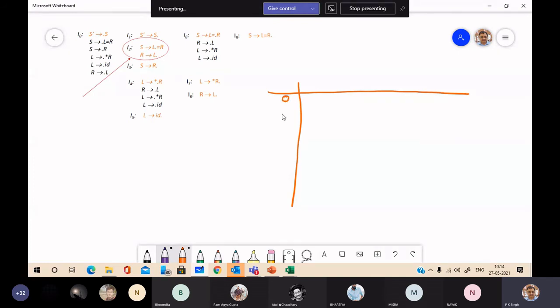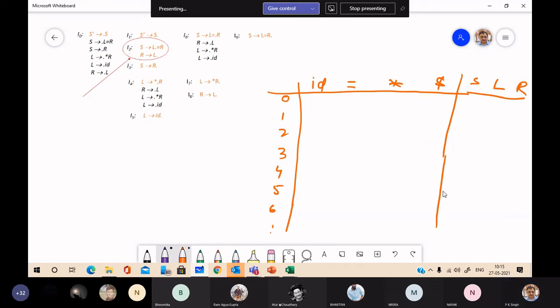States will be 0, 1, 2, 3, 4, 5, 6 and so on. Symbols: terminal symbols are ID, equal, asterisk and dollar, and here you have S, L and R. ये समझ आ रहा ना?